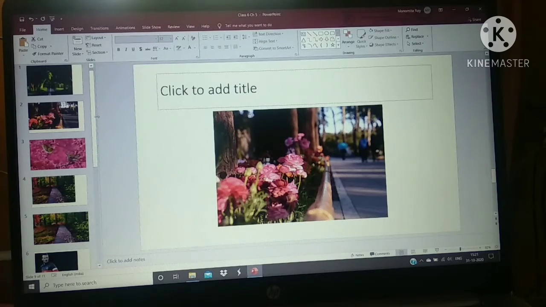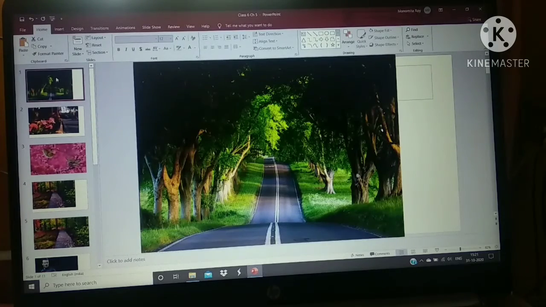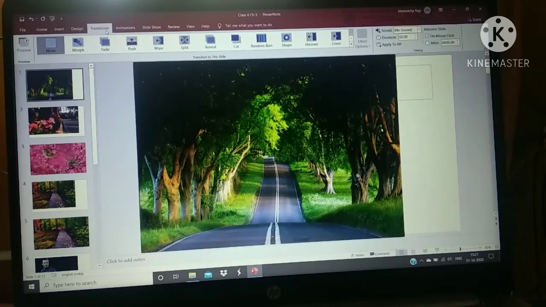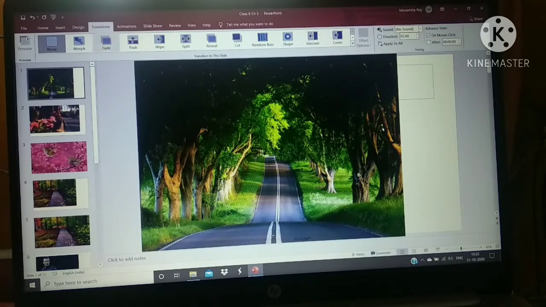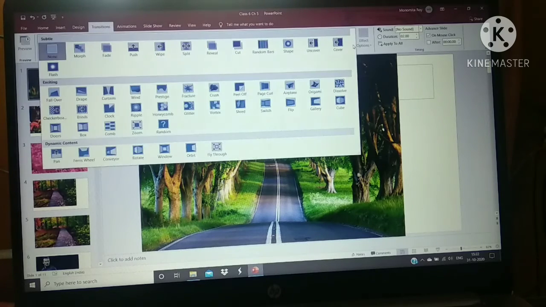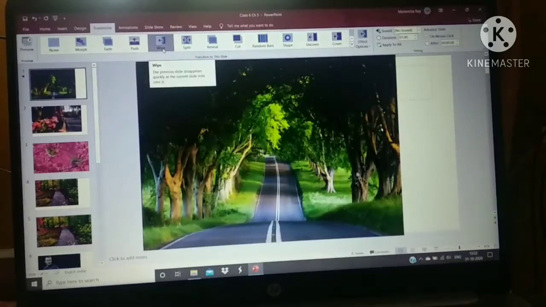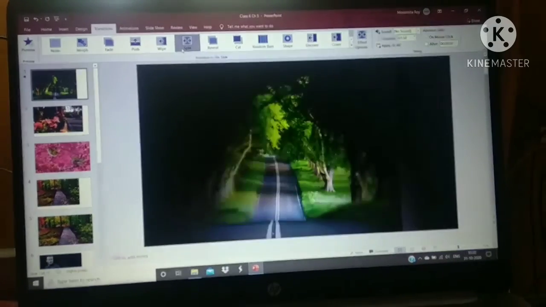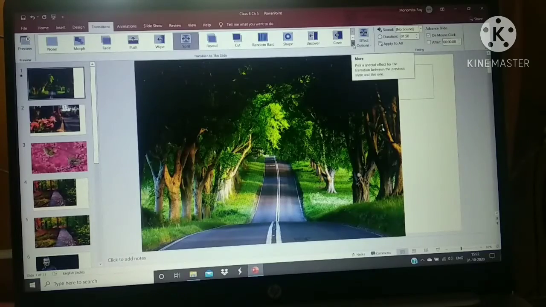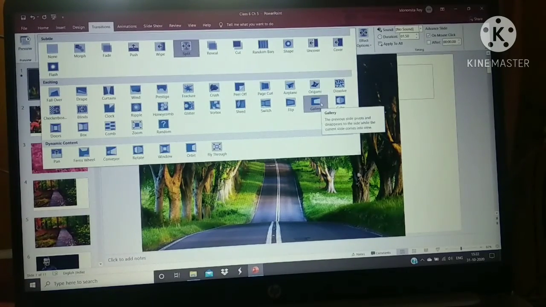Number 1, select the slide to which you want to apply the transition. So suppose I have selected this one. Okay, so on the transition tab, select the more button. Here you can see different kinds of transition. In this tab you can see there are different types of transition. It is divided into subtle, exciting, and dynamic content. So here you may select any one of these features which will have an effect on this picture. So if I choose from this one,